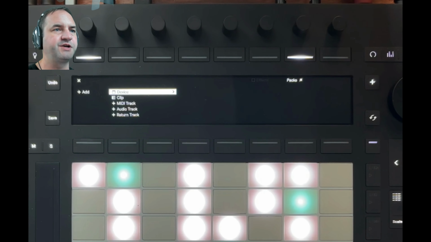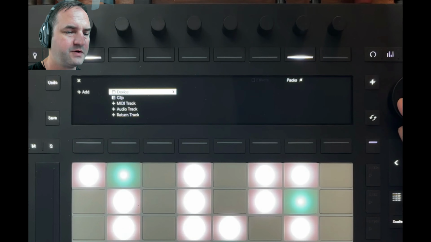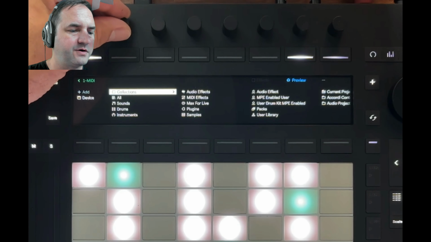First up, we have some cool new changes to the browser of Push. Push now gets the filter and tag system from Live 12. So here I'm going to add some drums. I'm going to go to All,